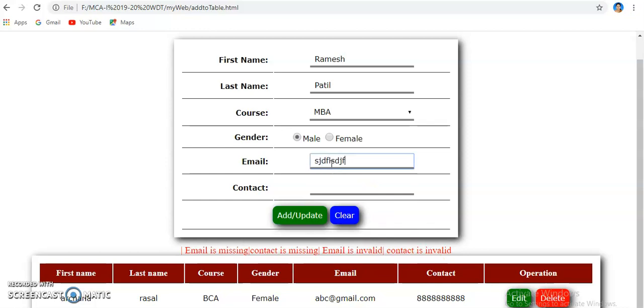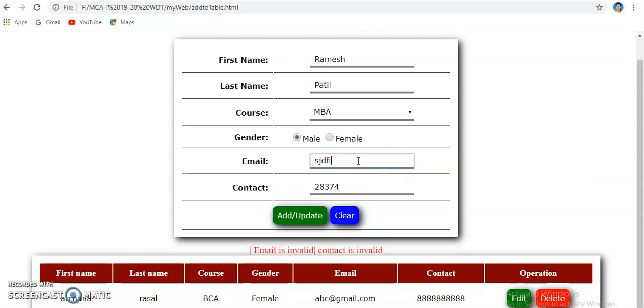So I'm giving here some numbers or some text, and then click on add. Then it is not missing but invalid email and invalid contact. So validation is also done here.